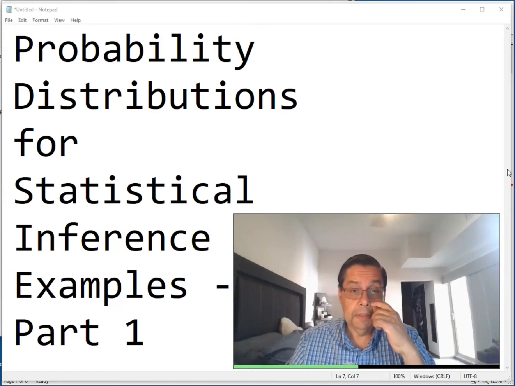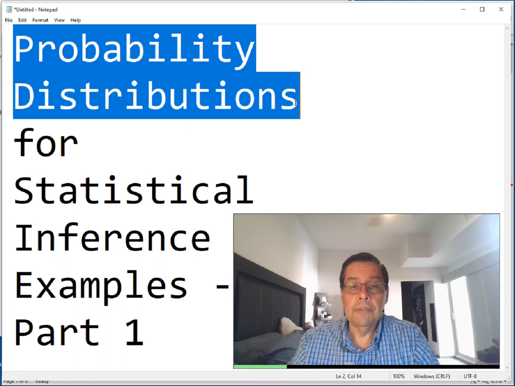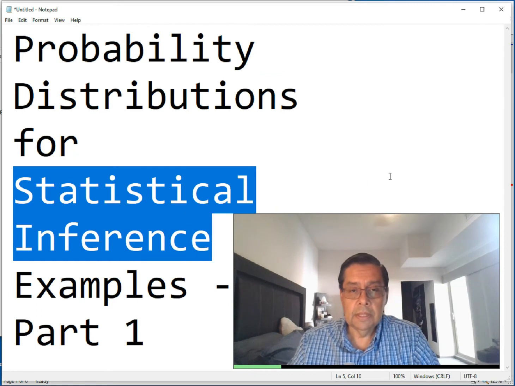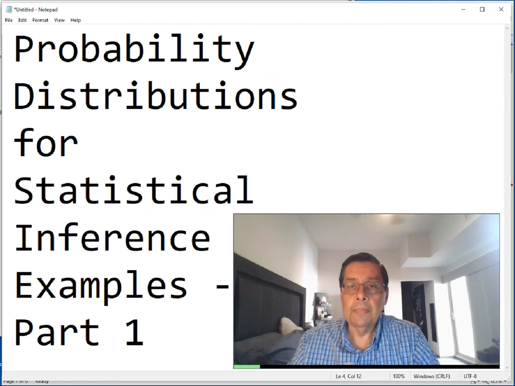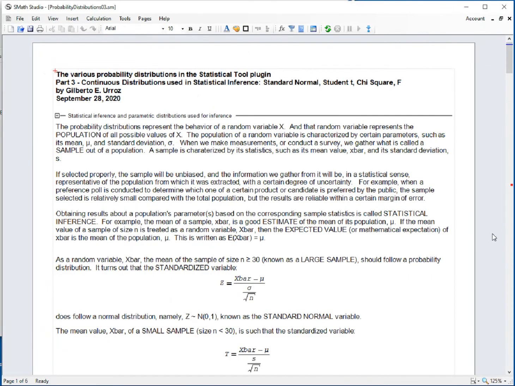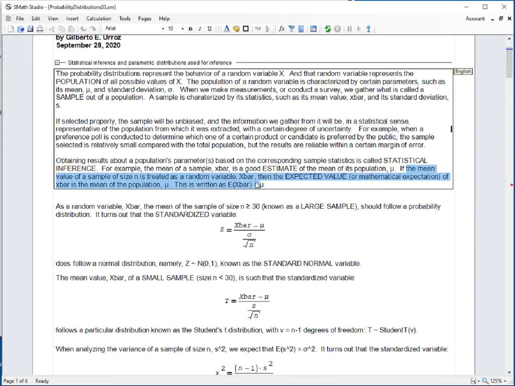In the present video, we're going to talk about using the probability distribution functions available in the statistical tool plugin to obtain critical values for statistical inference distributions. We're going to start by looking at this SMA Studio file. If we treat the mean value of a sample of size n as a random variable x